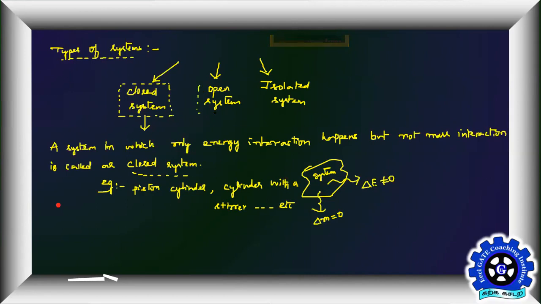So how do you define an open system now? Understanding closed system, a system where both mass and energy interaction takes place. Yes, correct, very good. So now you are allowing both to interact. Not only energy, you expect mass also to interact with the surroundings. So those kinds of systems are called open systems.